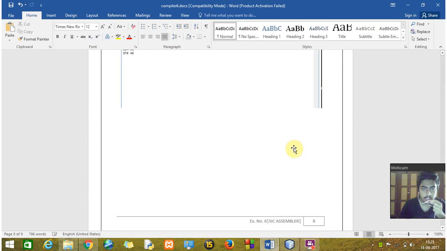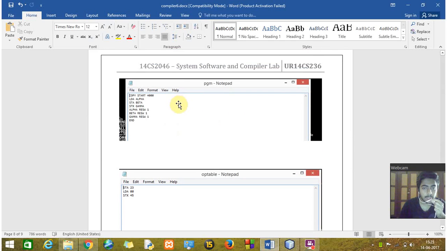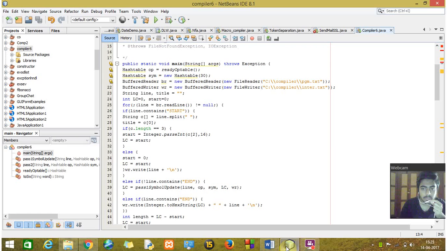So this is my program.txt in which I have written the following code. I am reading all this text from pgm.txt that is made in my laptop. I'm reading it and copying it to a buffer reader with the object br, and then I'm writing it to the file enter.txt using buffer writer.